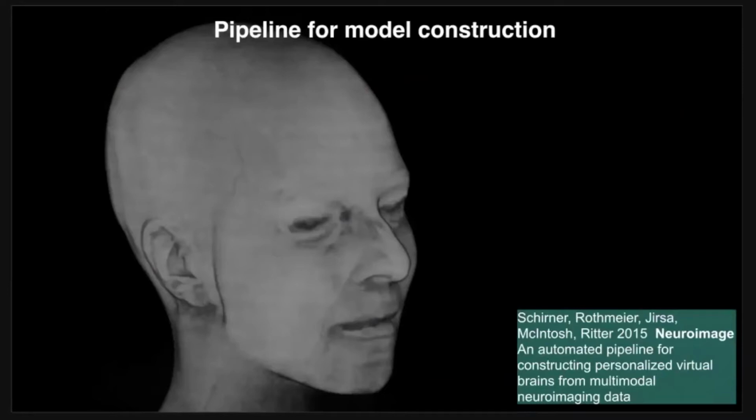This is again Jessica's head. This is an MRI image. We have multiple different types of MRI images available, and based on those we reconstruct different features of Jessica's brain. We reconstruct the different surfaces, the head surface and the cortical surface. We reconstruct the nerve fibers from the diffusion tensor imaging data. We parcellate the brain into different brain regions.